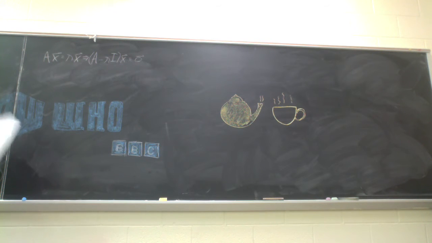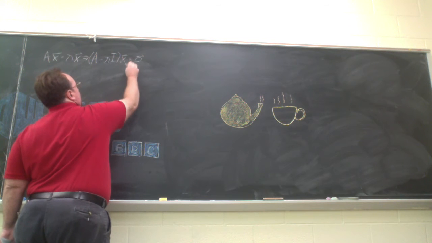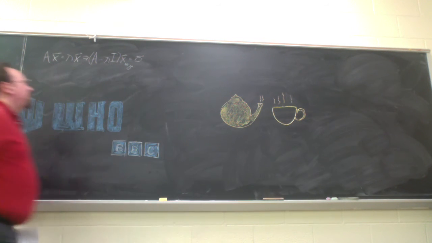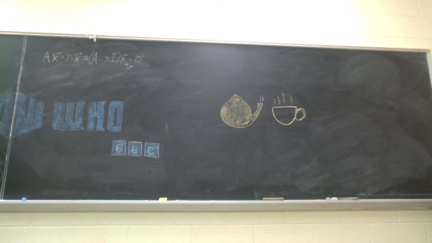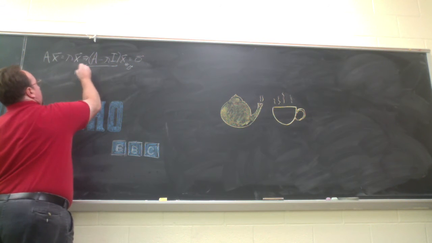Now, here's where it's very important to use the fact that x is non-zero. So if you take a matrix and multiply it by a non-zero vector, and your result is 0, what that means is